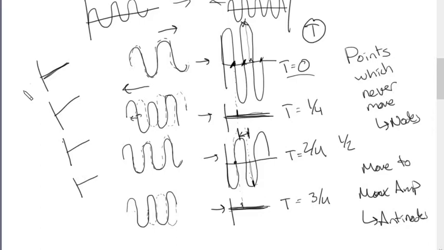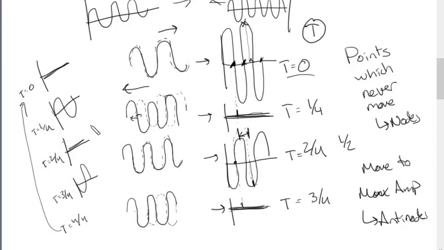Then it would be flat at T0, then at T is equal to 1/4 you would get something like this, then at T is equal to 2/4, which is half, you would get flat again, then at T is equal to 3/4 you would get the inverted one like this, then after 3/4, T is 4/4, meaning one complete cycle, and this would come again. Does this make sense? Alright, so that's how we get the cycle to keep on going. So that's done, now